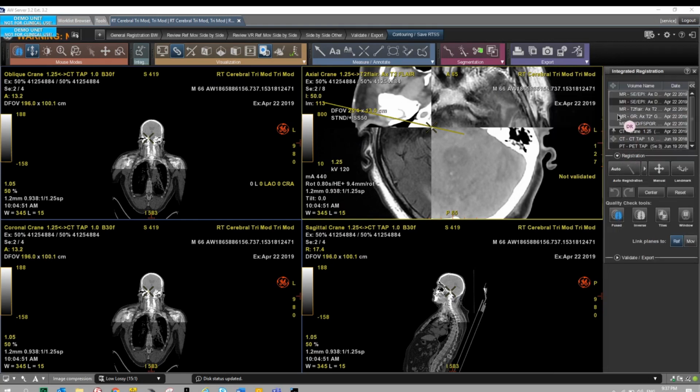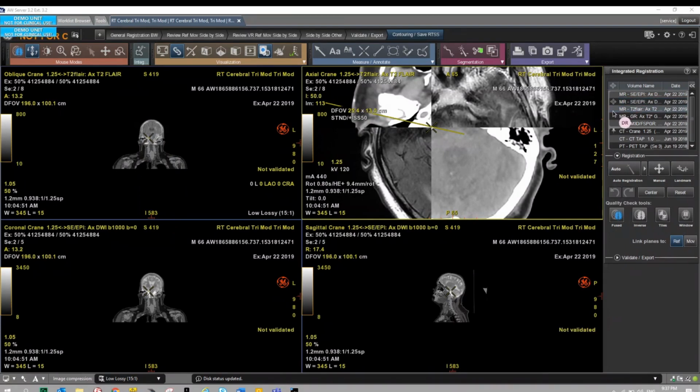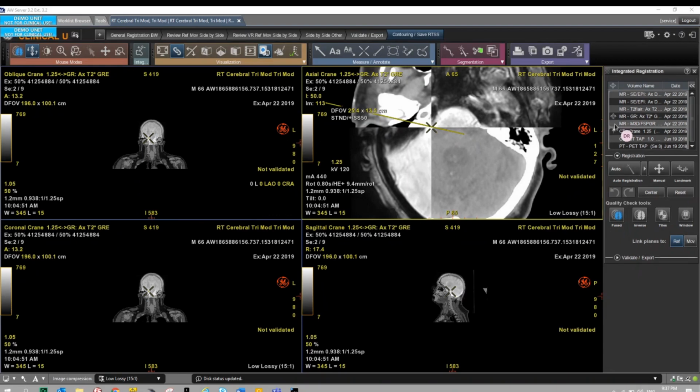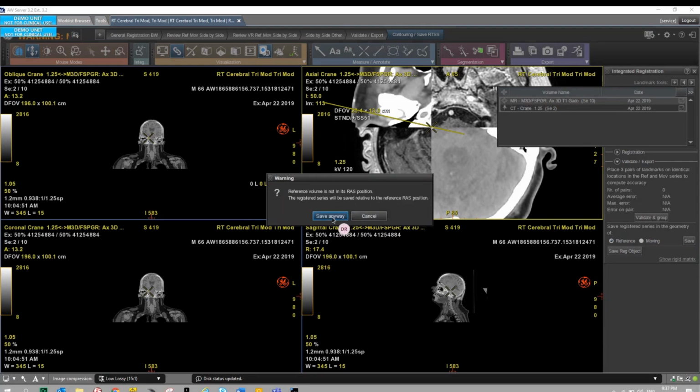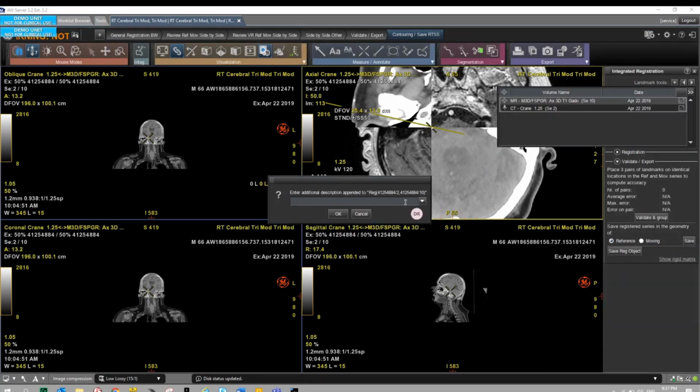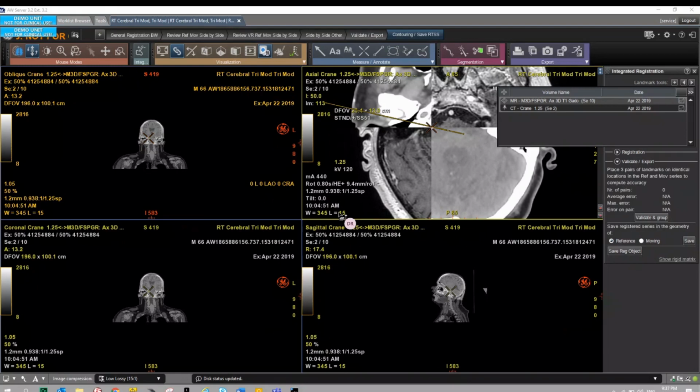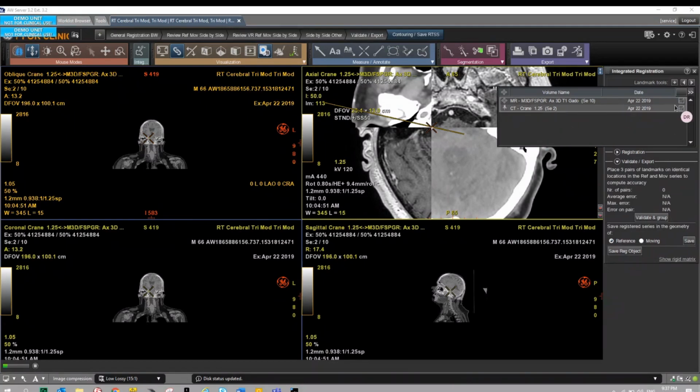the registration with the MRI, with the T2 here, the diffusion image, the FLAIR image, the T2 star image, and the T1 image. So we just validate here, we see the contour that shows to the customer what will be the link, and we save here a new sequence that will be used in radiotherapy for planification.